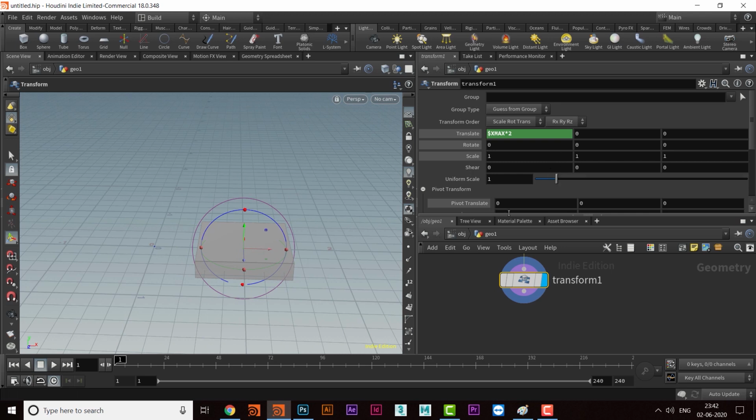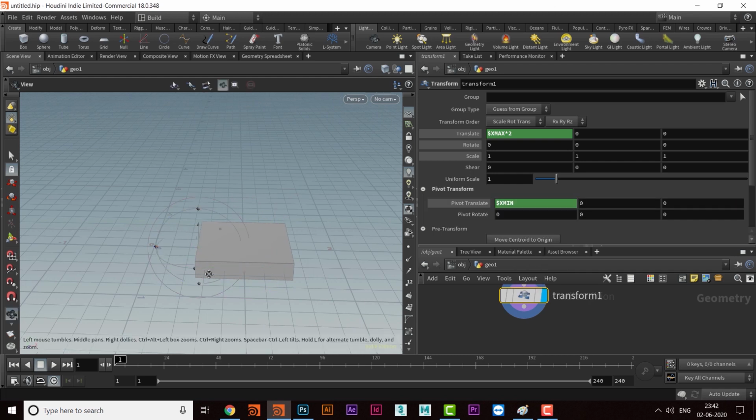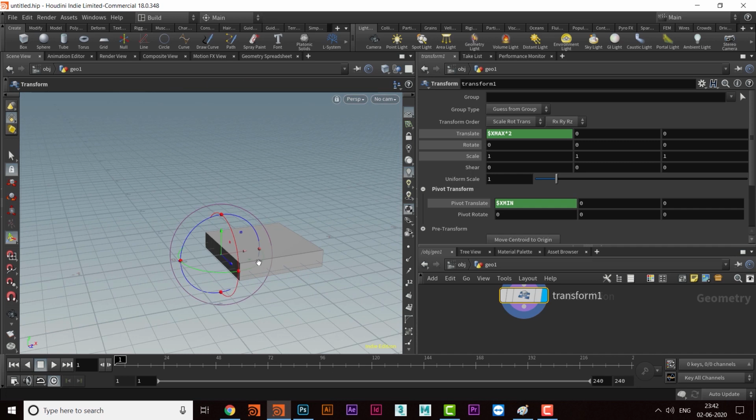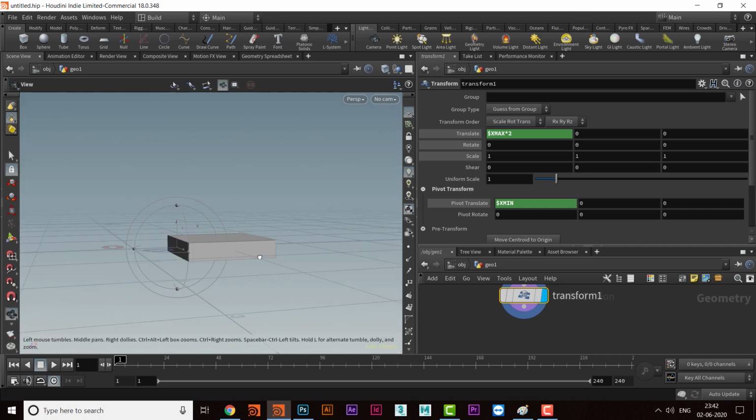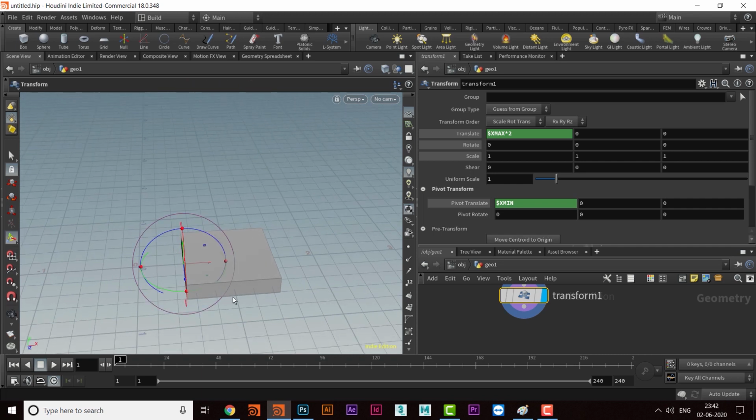Now I will come to the pivot point, and I will take the pivot point here. So what I will do is dollar x min, and this will move here, right? Cool. So now we have the pivot point here and the whole object here.